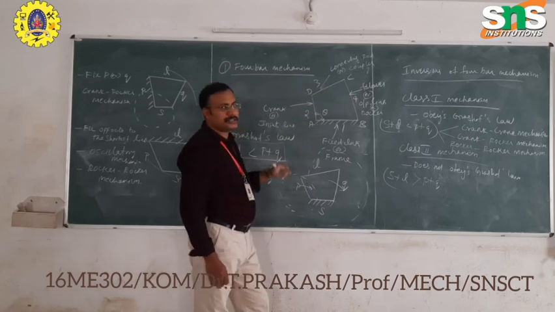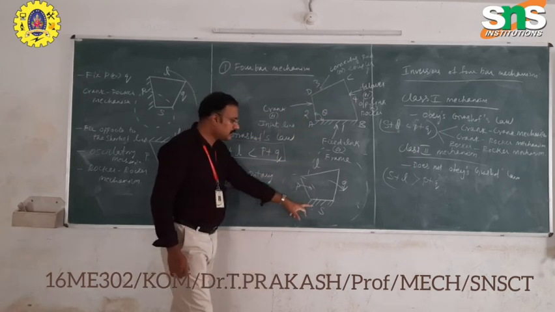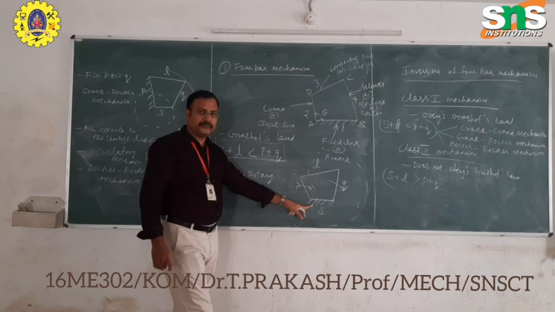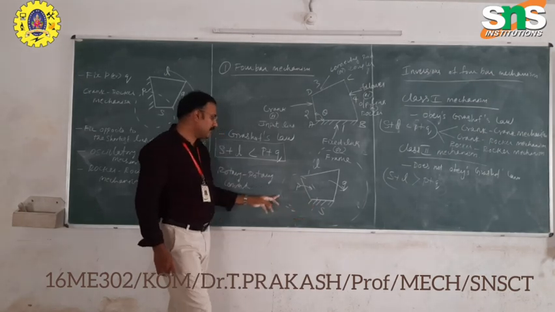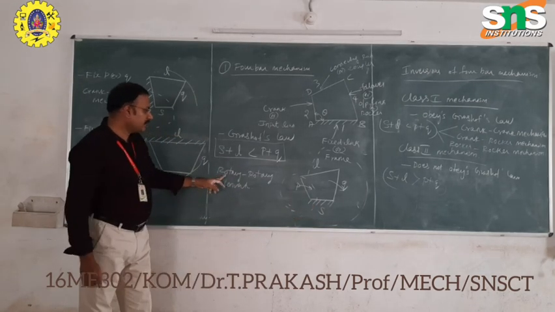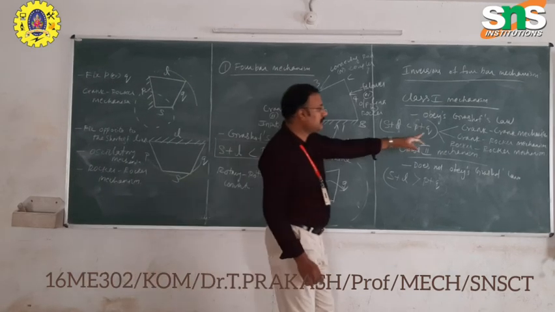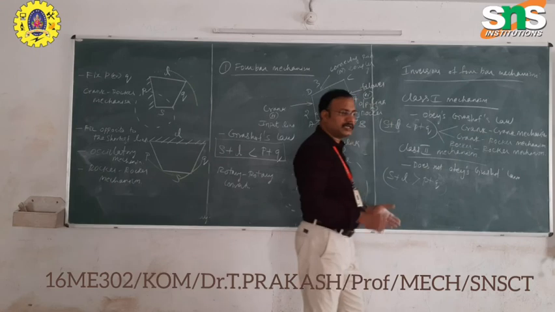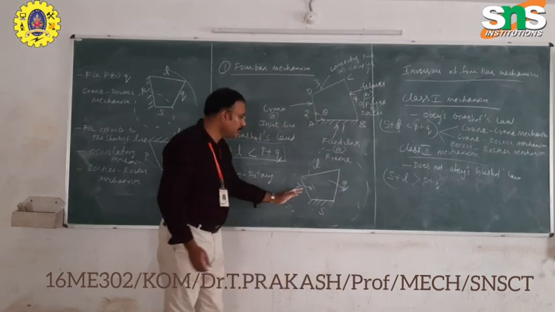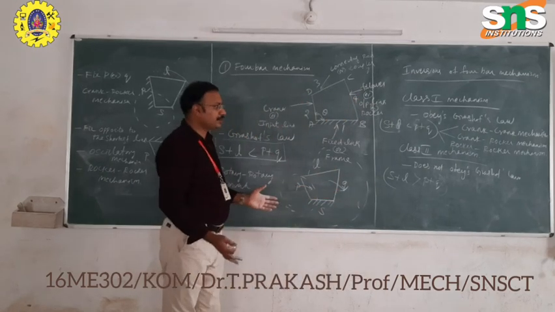In class 1 mechanism, there are different categories if you change the positions of the linkages. If you fix the shortest link first, the motion generated will be a rotary converter. It is also called a crank mechanism. You can convert rotary into rotary motion, both input and output having a rotary motion.